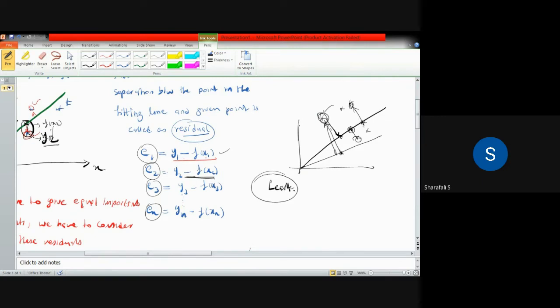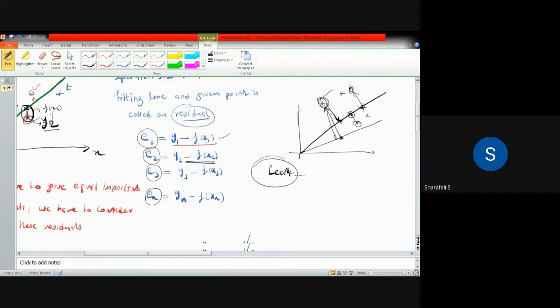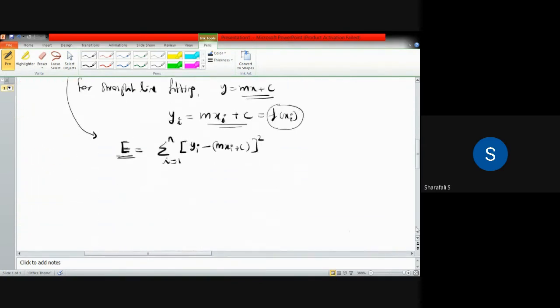That is why it is called the least square method. Then only that will become the best fit. So here this E value has to be minimum. That is the difference between the given yi and the point on the curve that we are considering. Take the square of that, and that squared value has to be minimum,